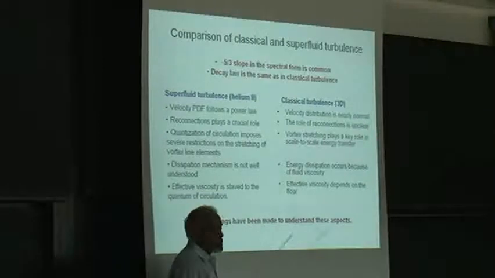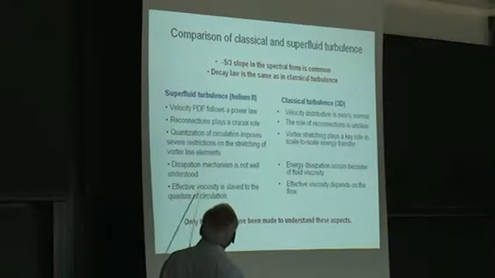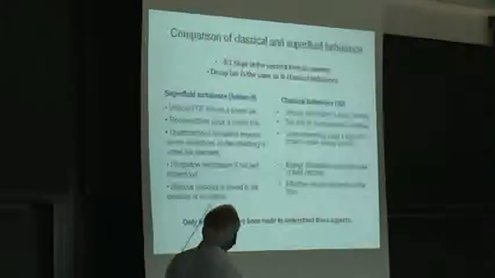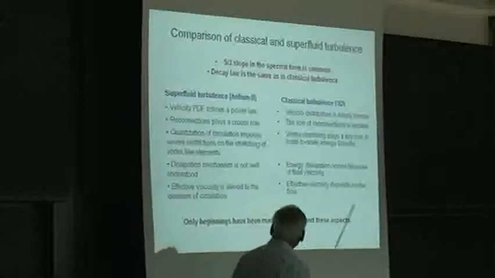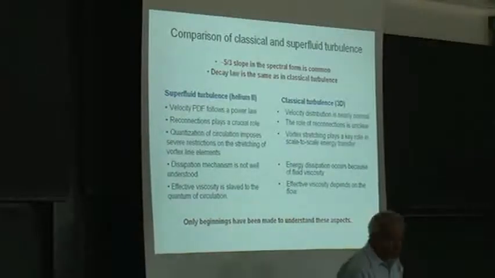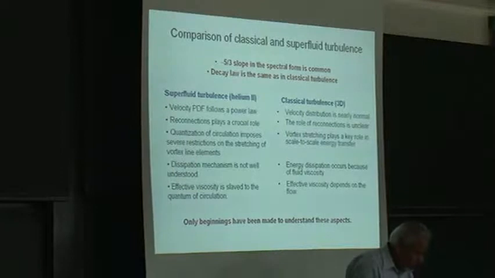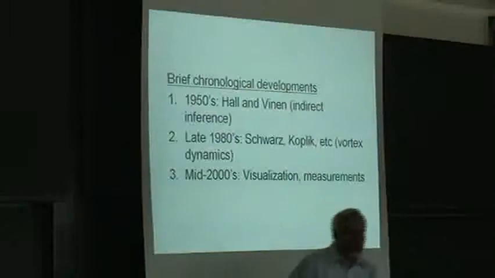Here, one thinks it is due to fluid viscosity where dissipation occurs. And the effective viscosity is slave to the quantum of circulation here in the superfluid case, and the effective viscosity depends on the flow there. So there are a number of things on these matters of which we know very little, and we are beginning to understand only some of them. Perhaps I'll skip that. So, a brief chronology of this: